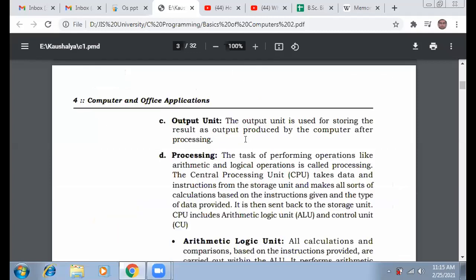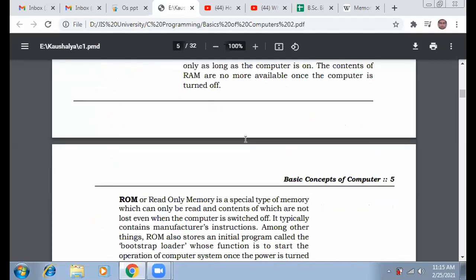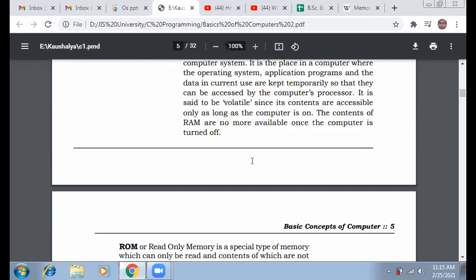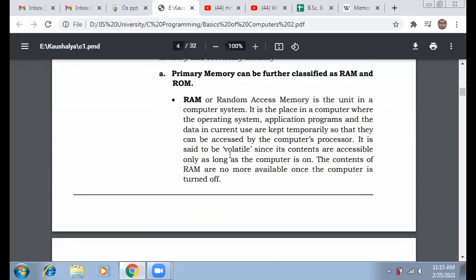Primary storage generally consists of two parts. One is RAM, random access memory, and the second is ROM, which I already discussed. So what is the main job of the RAM? In the last class, I discussed the sequential device and random access device, the difference between them, and how data is stored within a sequential device, like a floppy drive or those old cassettes with the black strip. How data is stored in sequential and random access devices, and the advantage of a random access device over a sequential device, was discussed in the last class.